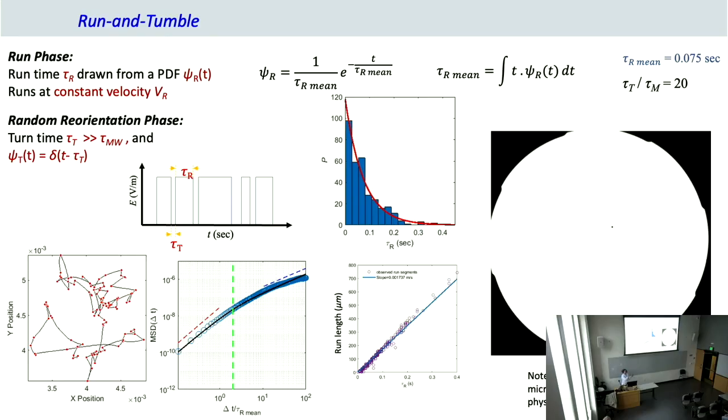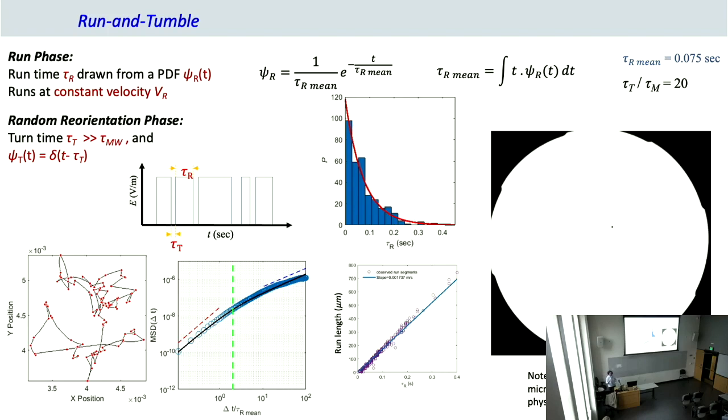What we saw here was a classical random walk where the stop time was the same and the run time was the same, but actually you can now mimic run and tumble. For run and tumble, the run times are exponentially distributed, so there is a PDF which is exponential in the run time. What you can do is create a signal: you derive the run times from the PDF, and you create a signal with different run times that follow this probability distribution function, and now you have your random walk.